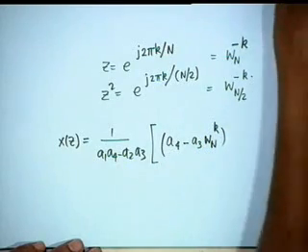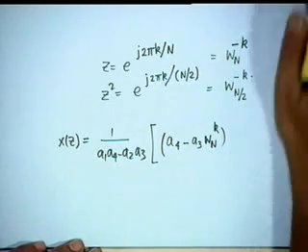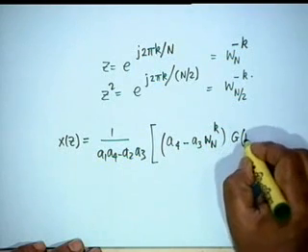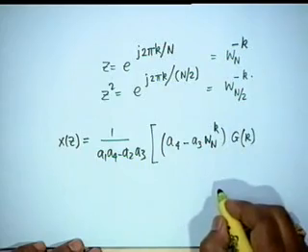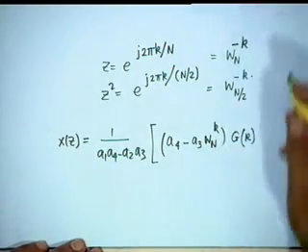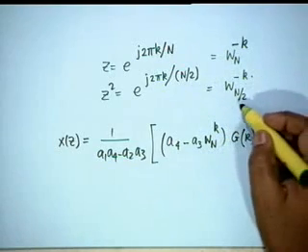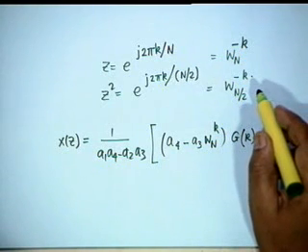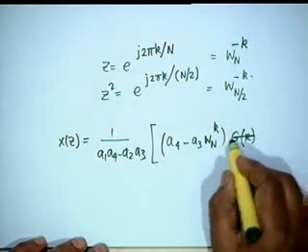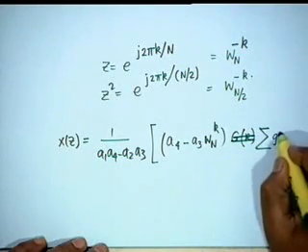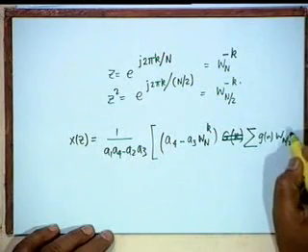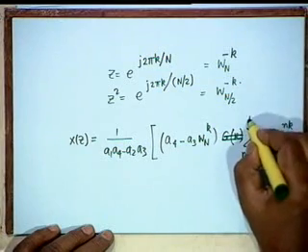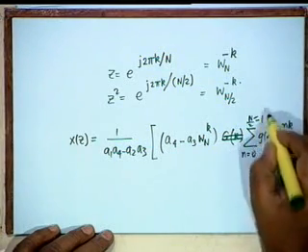Then what do I have in this summation? What would be the summation? Capital G of k, right? I am not writing this summation again. Summation would be G of n W n by 2 to the power minus, not minus, plus, minus or plus? Let us write it down. Summation G of n W n by 2 raised to the power plus nk, where n goes from 0 to n by 2 minus 1.